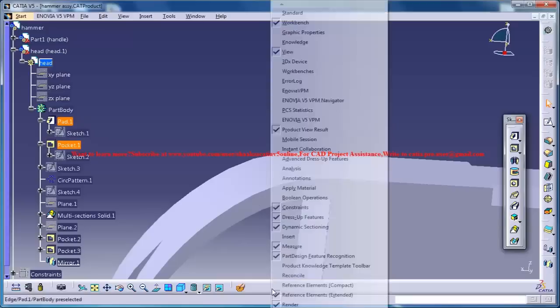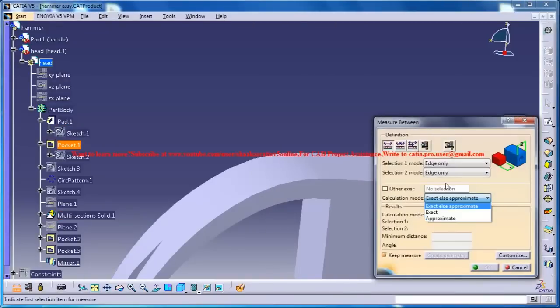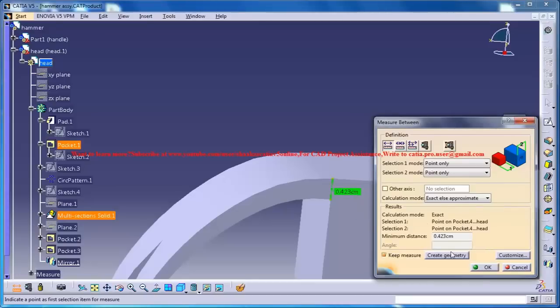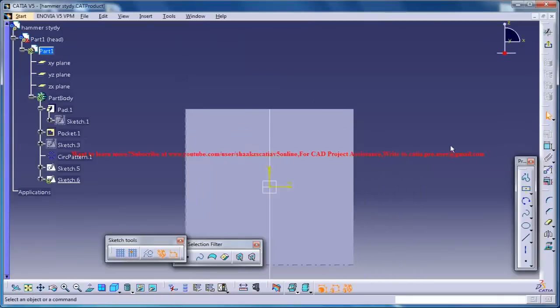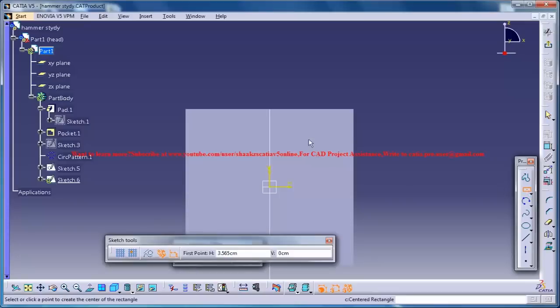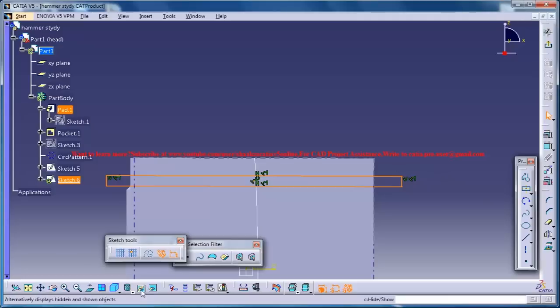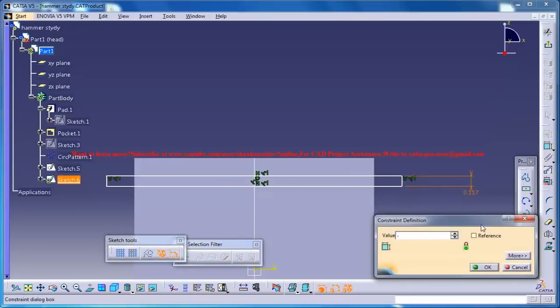So let's use the measure item. Go for measure between 2 points. Just measure between this point, that's 43. I basically have assumed that when I was designing. So in this case you could directly give this because that's what you refer to in my design. 1.423 will be fine. Just go for 0.423